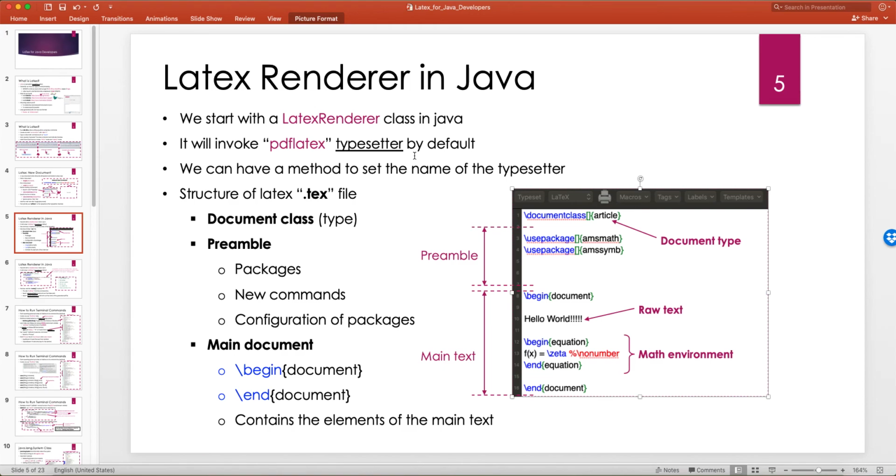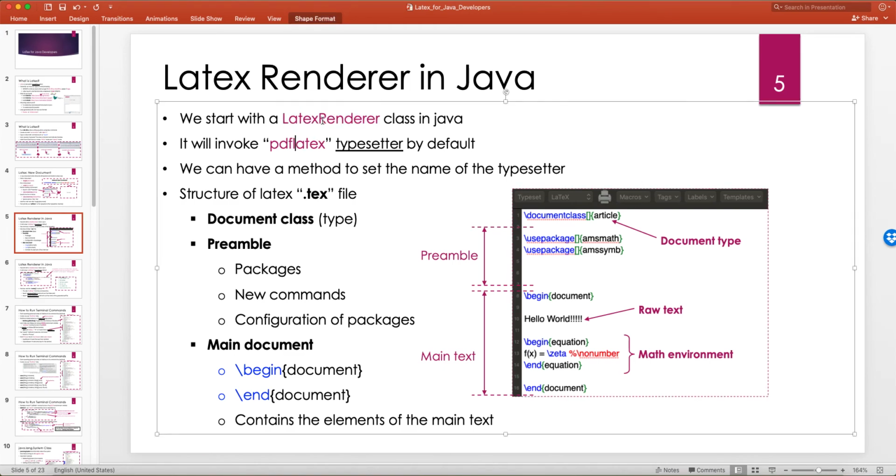In other words, it takes care of feeding it to the LaTeX command line tool, which creates the PDF file, right? So when I say rendering the text file, it means we feed it to LaTeX and it creates the PDF file. So LaTeX renderer is going to invoke the pdfLaTeX command line typesetter by default. And again,